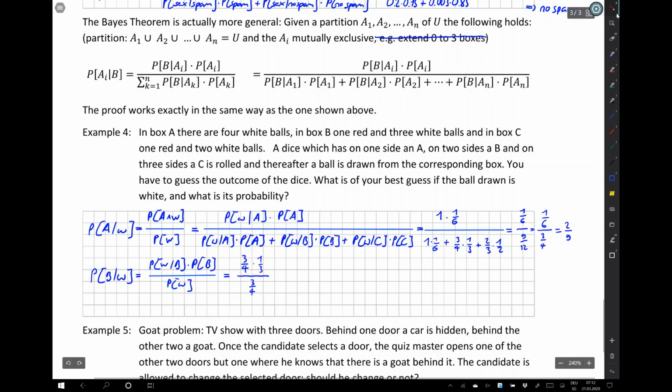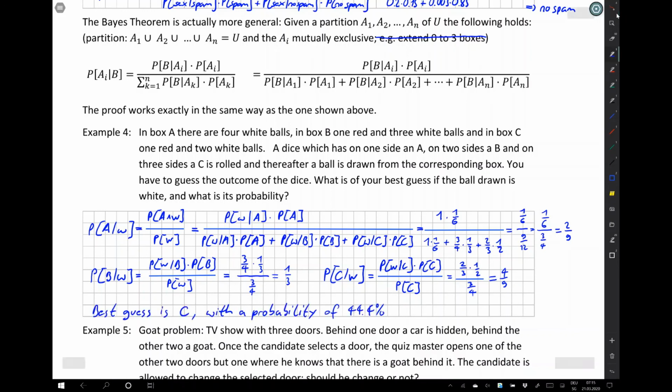Note that this expression is this one here in the center, and we get a probability of 1/3 here. Let's now look at probability of C given white, and note that the expression here in the numerator is the last expression of here in the denominator, and we get 4 divided by 9. So our best guess is to guess that the result was a C with a probability of 4 divided by 9, which means